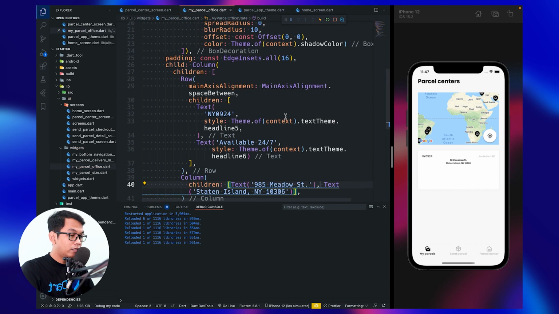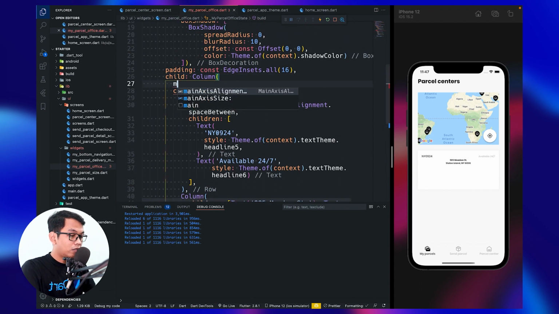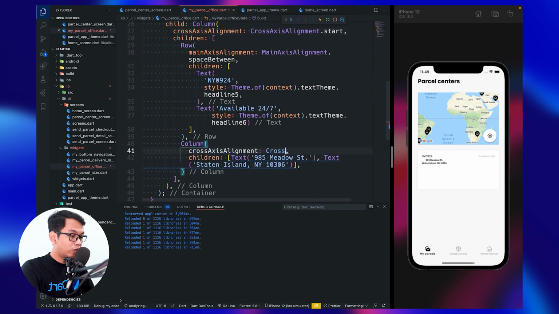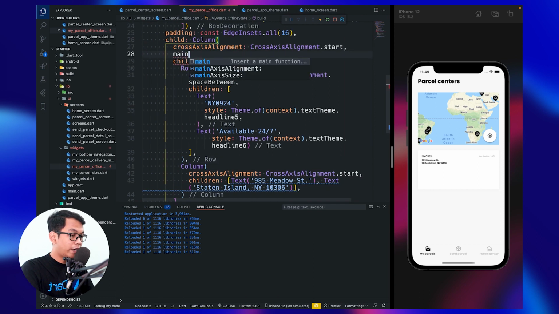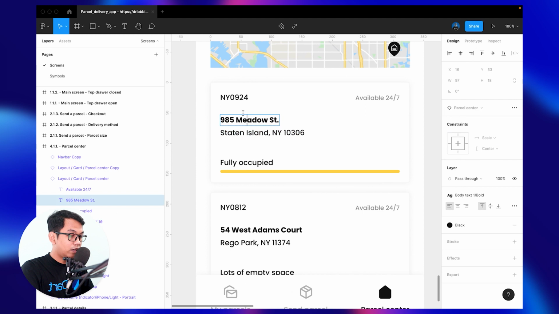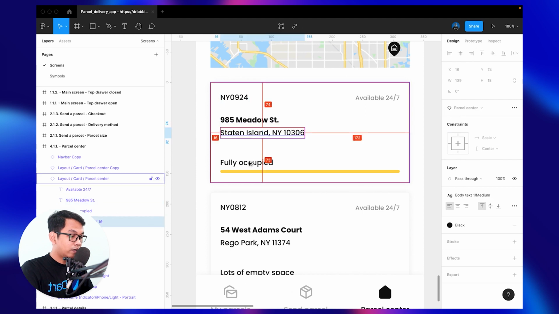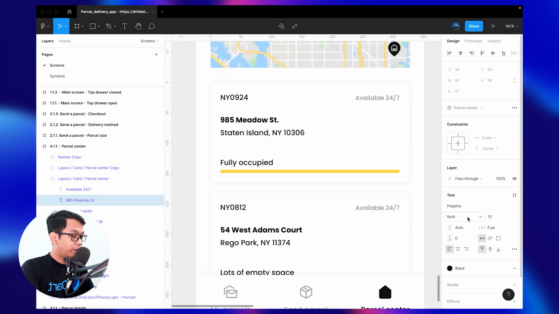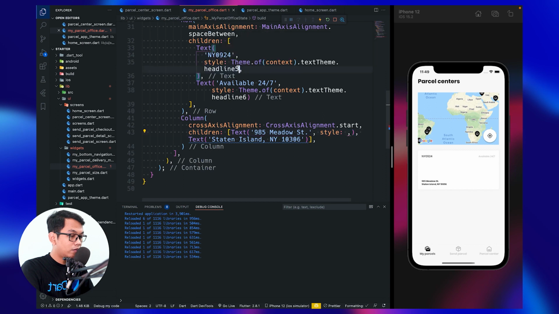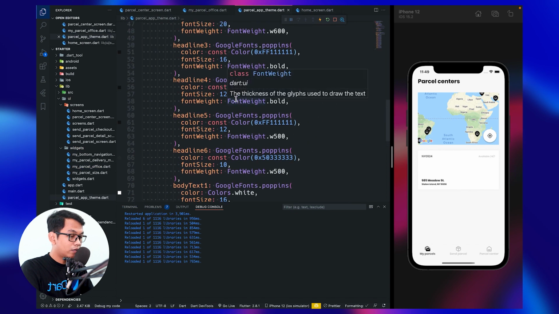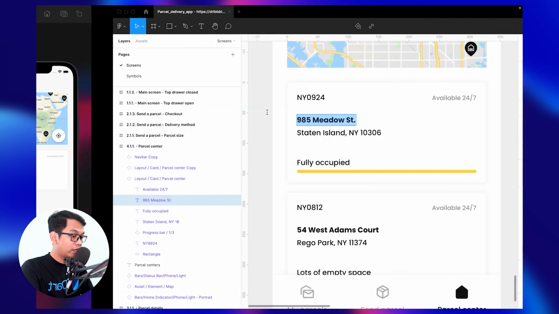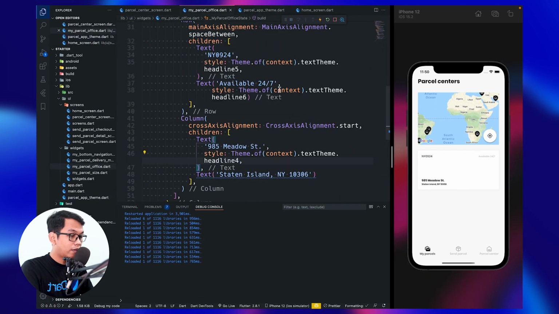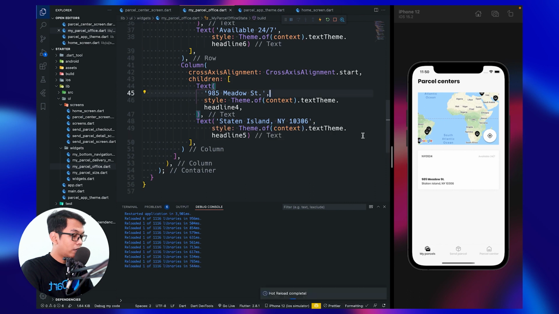And inside our column widget we say cross axis alignment start, and for the main axis alignment for the parent we say space between. What we see from this to this, 19. For now we use space between first, and we use style 12 bold, so it's like a headline 4. Let's see, headline 4 is 12 and bold, and the next is medium, so headline 5. So we copy from the previous, paste here, and now we see.